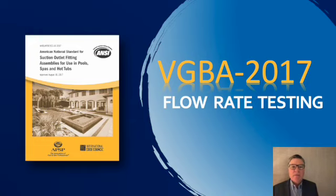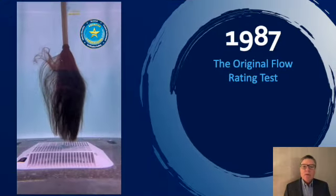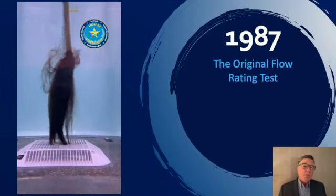So now let's really focus on the meat of what this standard is all about and what's changed. The key thing is that there are new flow rate testing. So let's take a look at that. So the original standard, this goes all the way back to